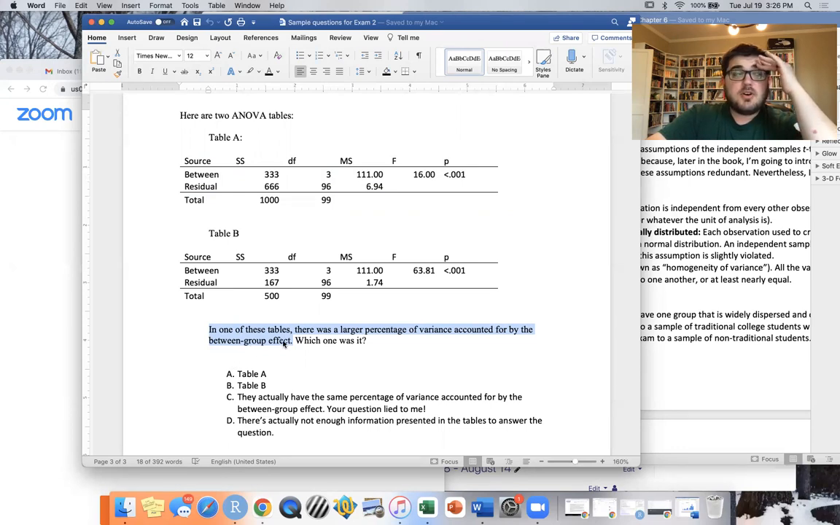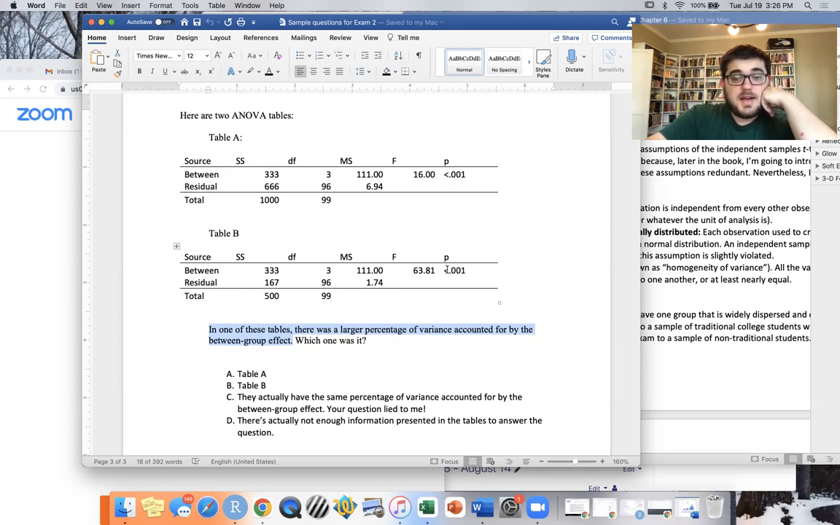Are you better off, if you want to predict someone's depression score, are you any better off knowing which group they came from, or does it not really make much of a difference? And you just predict the overall average. If an ANOVA is statistically significant, and both of these are, the p value in both of them is 0.001 or less than 0.001,